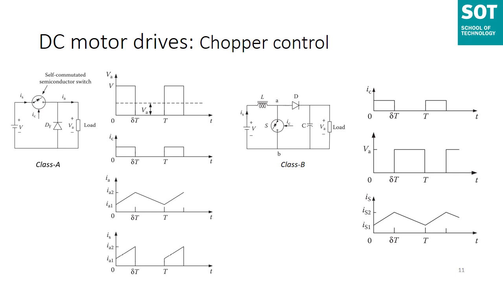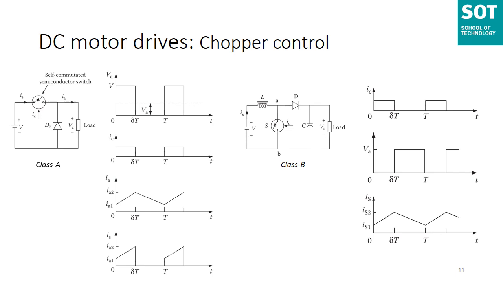And when you calculate it, you will get to know that the output voltage is increasing and hence it is a step-up chopper. The output voltage is VA, the voltage across the load for class B chopper. The main advantage of a step-up chopper is the low ripple in source current.